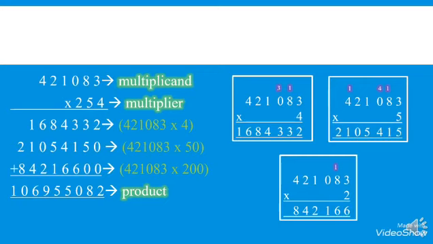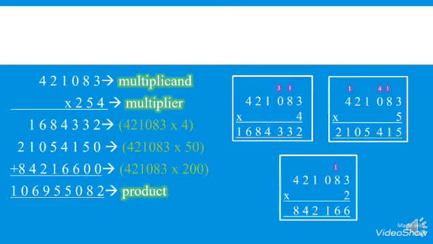Start always adding the numbers from the unit column. So we start adding the values. 2 plus 0 plus 0 will give you 2. 3 plus 5 will be 8 plus 0 will be 8. 3 plus 1, 4. 4 plus 6, 10. You will write 0, 1 will be carry. 4 plus 4, 8. 8 plus 6 will be 14. 14 plus 1 will be 15. You will write 5, 1 will be carry.